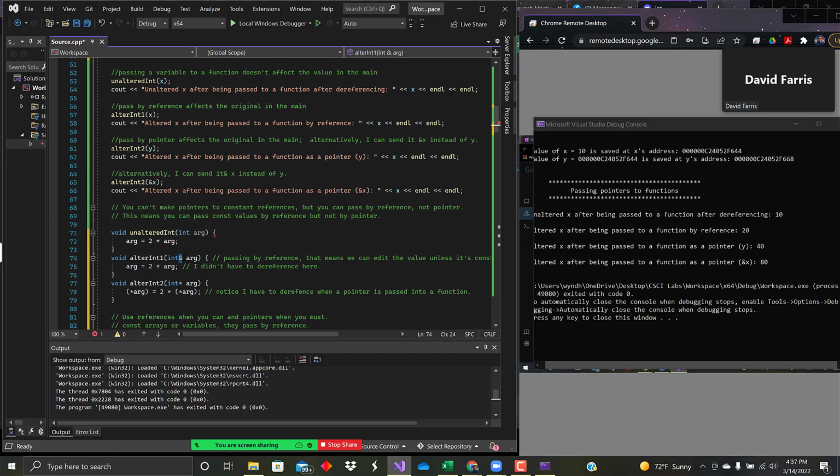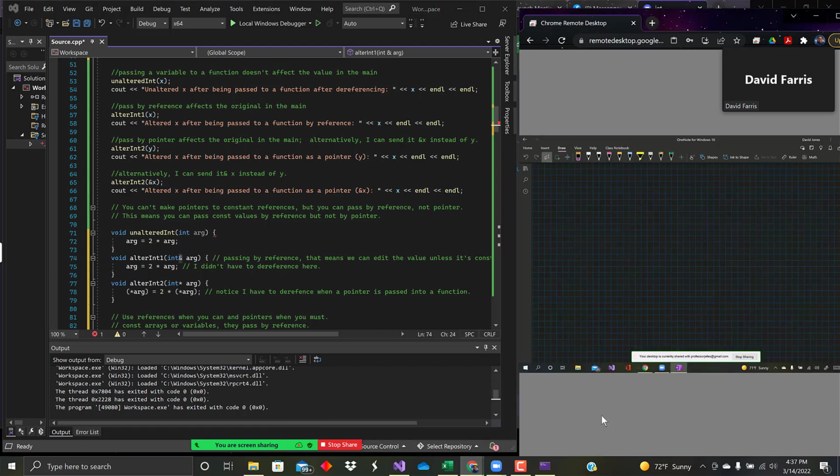So I'll come back over to my camera over here, just to spell it out a little bit better. To pass by pointer or pass by reference, first we have our function name, and we'll say data type ampersand, and then the name of the variable we're passing in. We'll do arrays in a little bit, and it's very similar. If we pass by pointer,